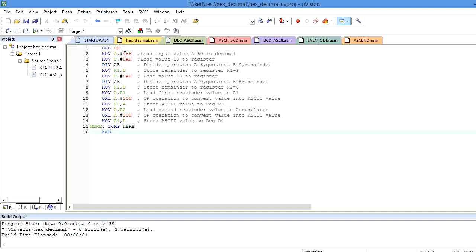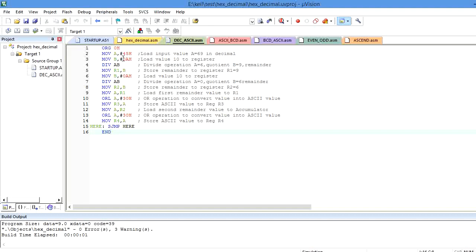So in order to convert from hexa to decimal value, I need to perform the divide operation by using 10 here. So now let us explain the program.